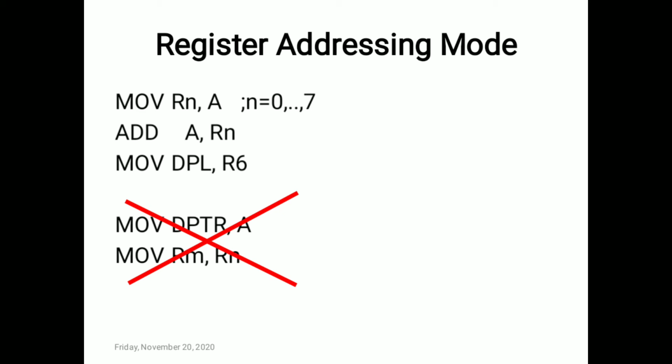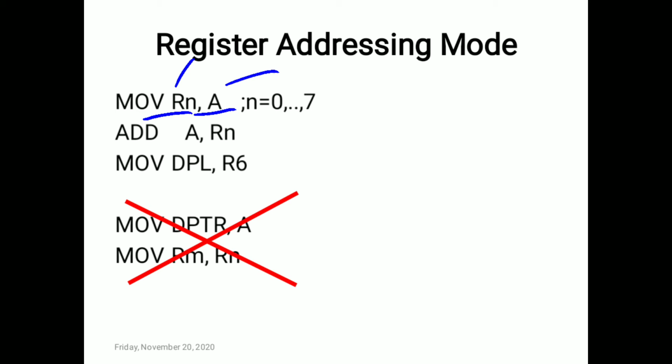And in this method we have to take one important thing. We have to keep in mind that if we are moving, this is called the source and this is called the destination. We have to move our data from source to destination. Both should have the same length. That means if A, the accumulator, is 8-bit wide and the register is again 8-bit wide, we can move its data.